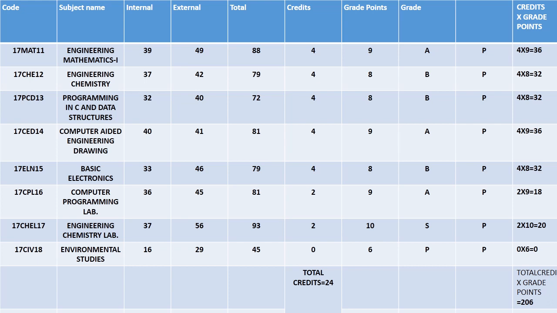Credits. If you want to look at the credits, you can get them from the syllabus copy. If you are studying in the first semester, just look at the first semester syllabus copy of any course. It is easily available in the syllabus copy, so no worry about the credits. Once you mention the credits for the individual subjects, you just calculate all the credits of that particular semester. The total credits equal 24, meaning 4 plus 4 plus 4 plus 4 plus 4, 4 into 5 is 20, 22, 24. Total credits of that particular semester are 24.